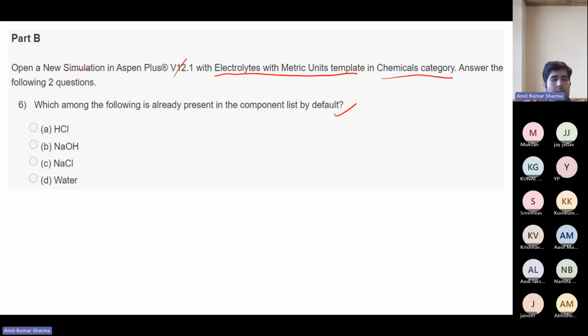Okay. Let's give 2-3 minutes so everybody can check. I think you all have Aspen in your system. Please go and open this and let me know the answer.